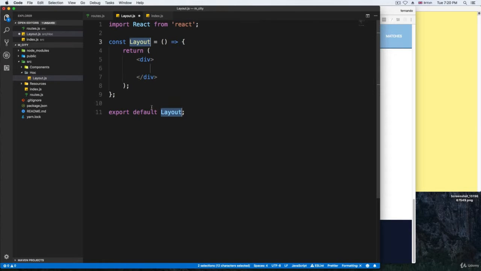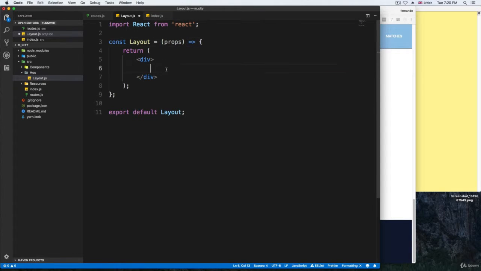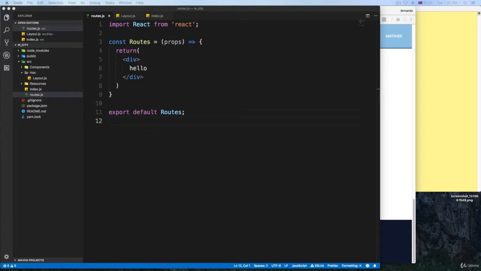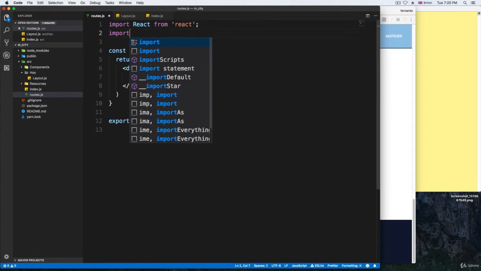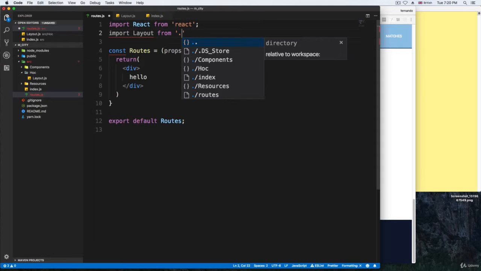just a React stateless component. We are going to be receiving props later. And what we do right here, we just render something. We say, okay, hello. I'm going to say hello right here. So now in routes, instead of making a reference to that hello right now, what we're going to be doing is importing that layout. So import layout from ./hoc/